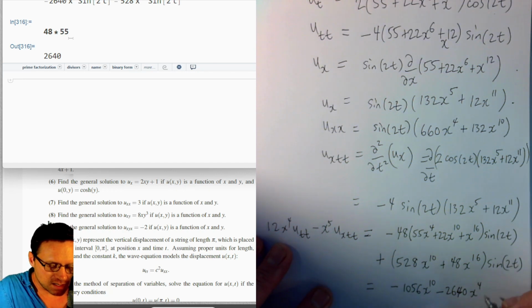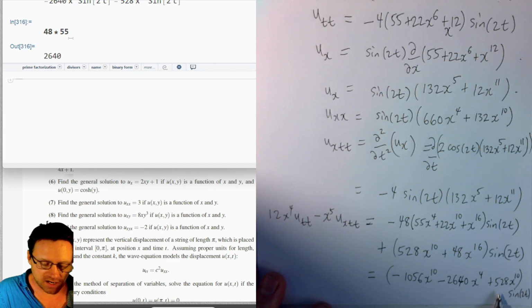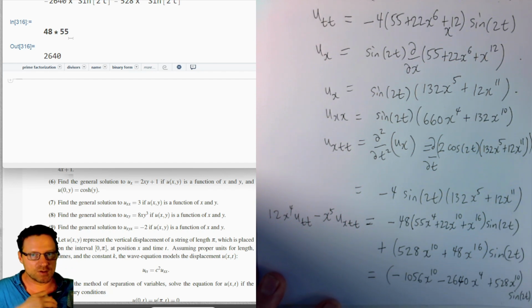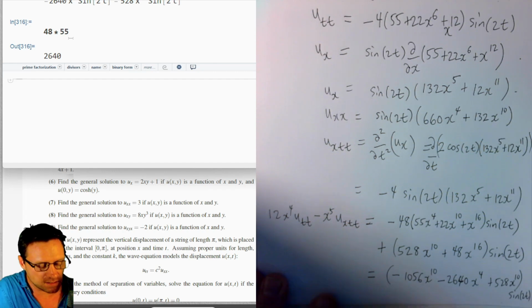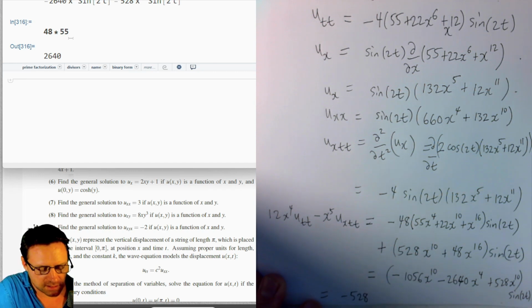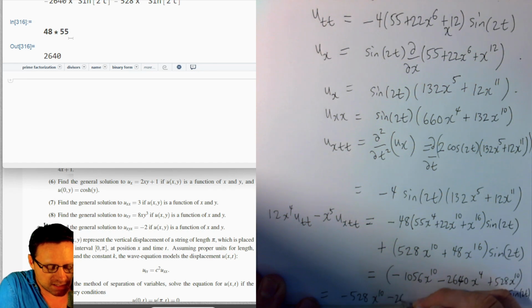And then we have plus 528 x to the power of 10. And that's all times sine of 2t. All right, so finally, 528 minus 1056. Now, 528 times 2 is 1056, so this is minus 528. So we get minus 528 x to the power of 10 minus 2640 x to the power of 4